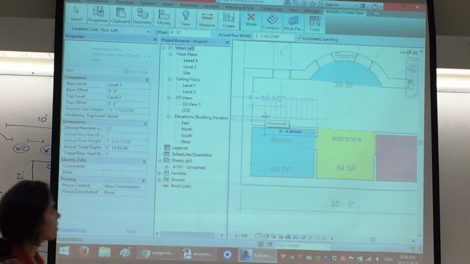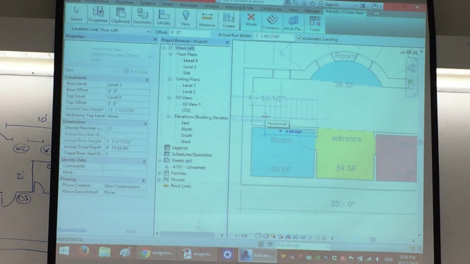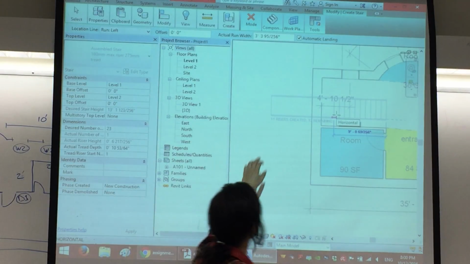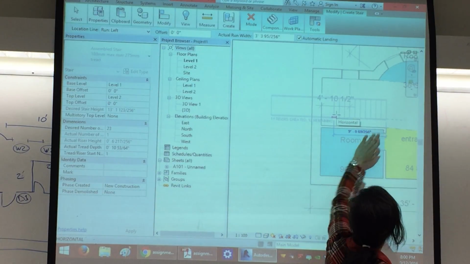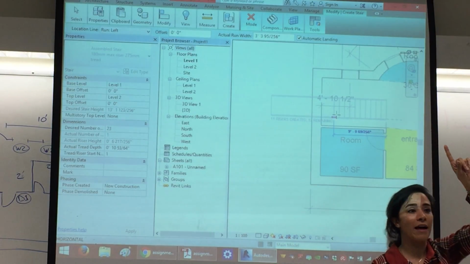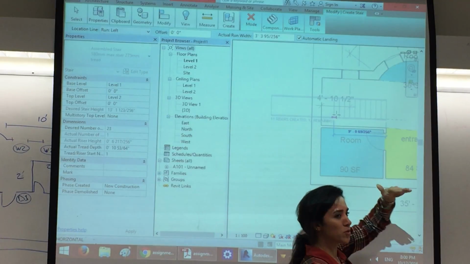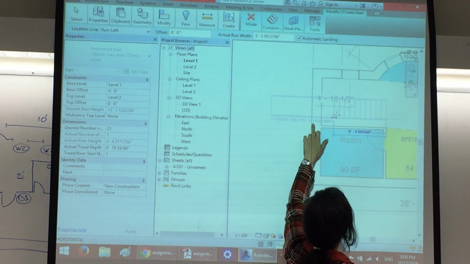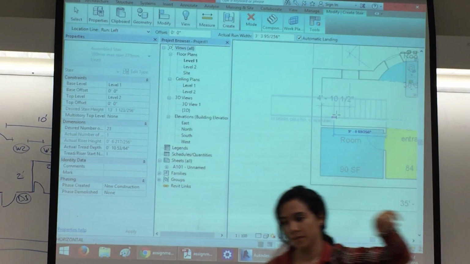Now it's supposed to show how many risers you've already created. When you click the first point, I have 11 risers, and because I have one level, I'm just going to the second level. There is 12 remaining. So